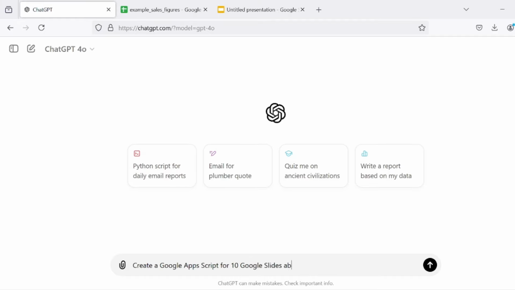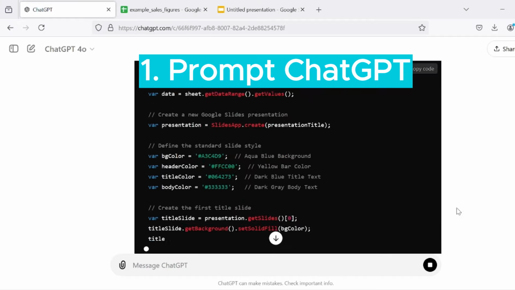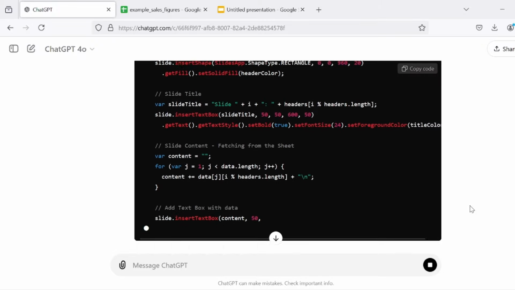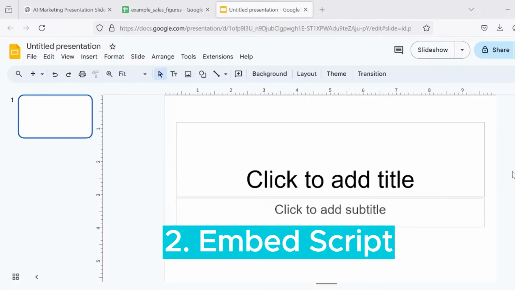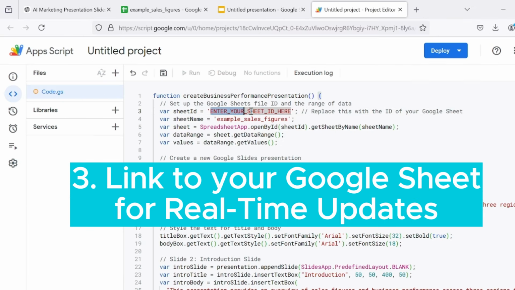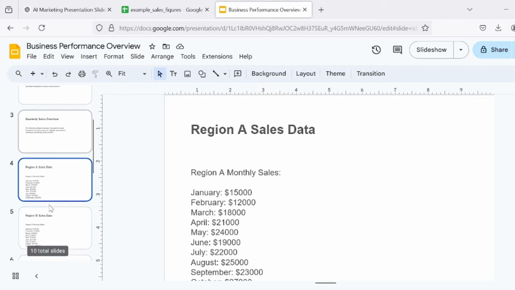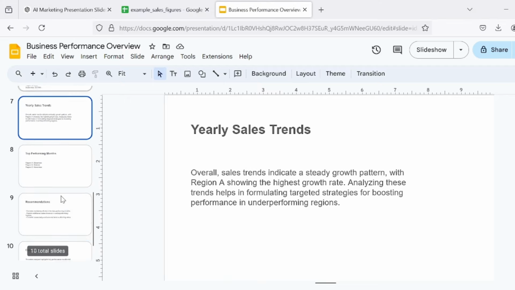Here's how it works. Prompt ChatGPT to generate a VBA or Google Apps Script that connects to your data source. Then embed that script in your PowerPoint or Google Slides. Now, whenever you open your presentation, the slide automatically updates with the latest data, keeping everything current without the need